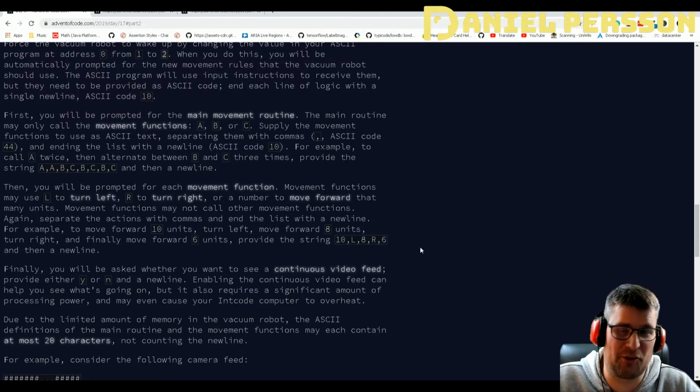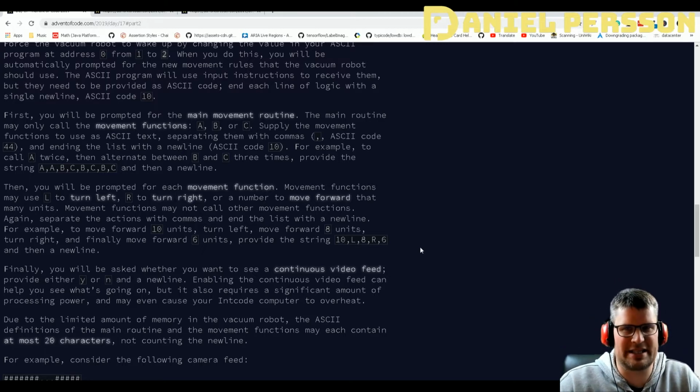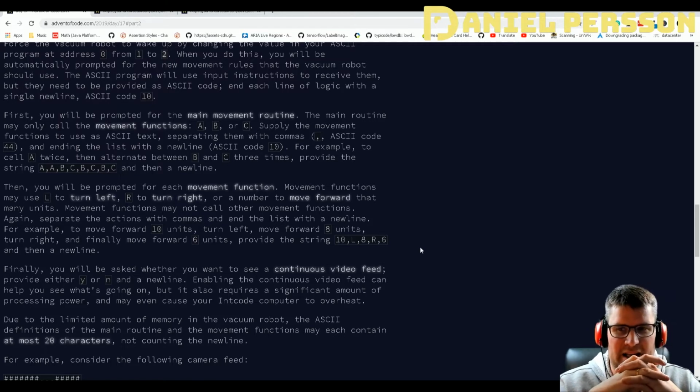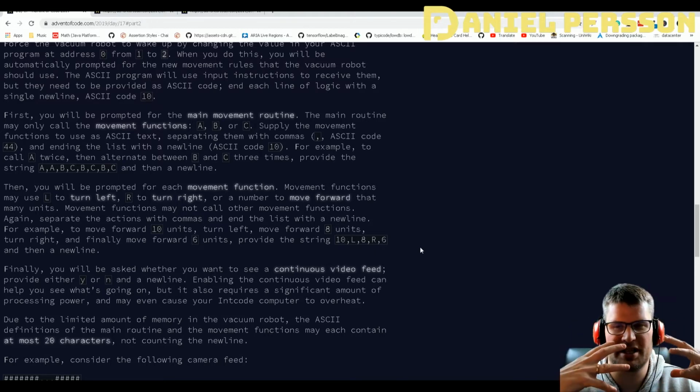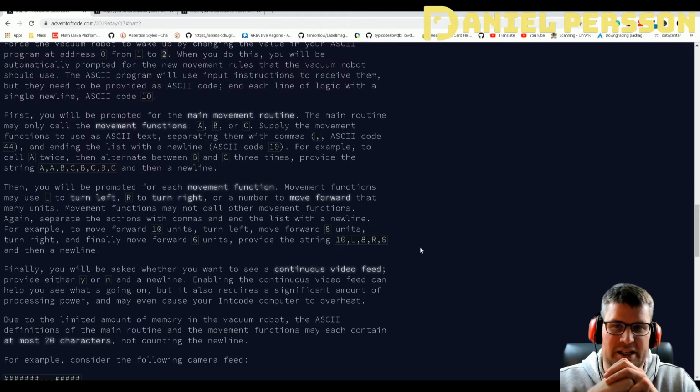I've done this once before with a game I played on my other channel, called Hackers, where you needed to run a robot through a maze and light a lot of lights, and you also had a very constrained amount of movements there. It actually ended up that I created a program that figured out all the solutions and then picked one of them,